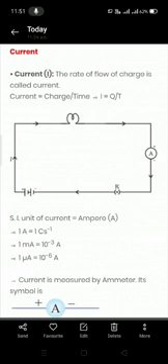1 ampere is nothing but 1 coulomb by 1 second, which can be written as 1 coulomb second power minus 1. 1 milliampere is 10 power minus 3 amperes. 1 microampere is 10 power minus 6 amperes. Current is usually measured using a device called an ammeter. Its symbol is capital letter A with plus and minus. It's always connected in series in a circuit.